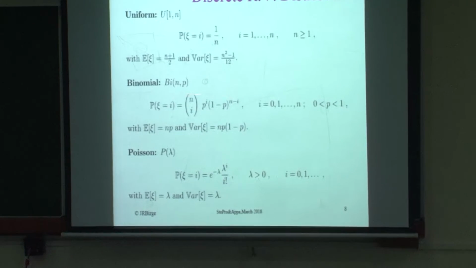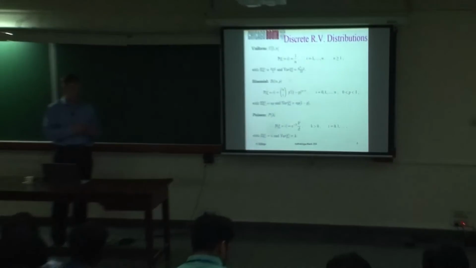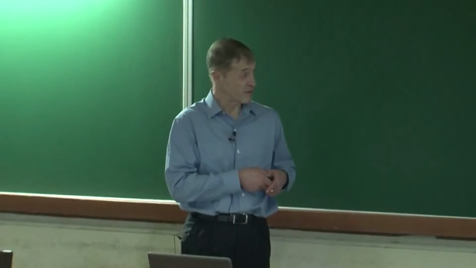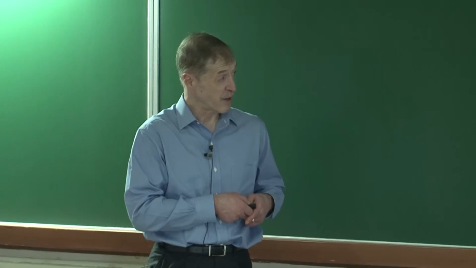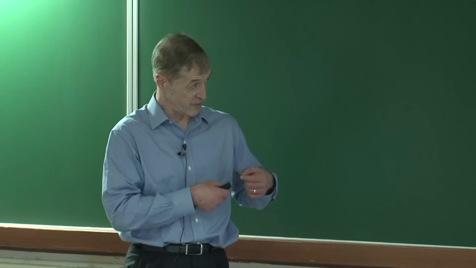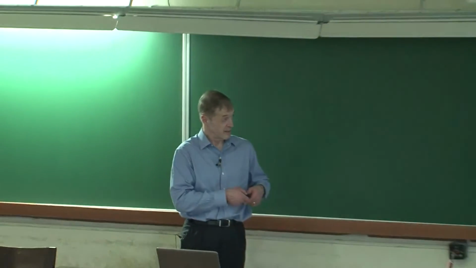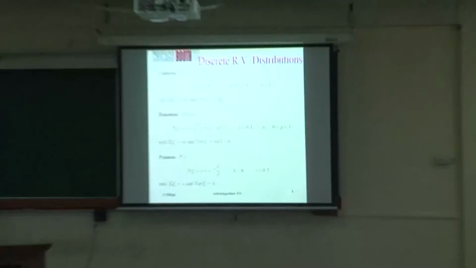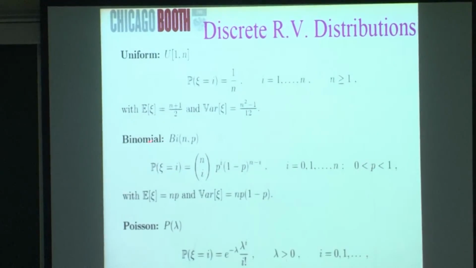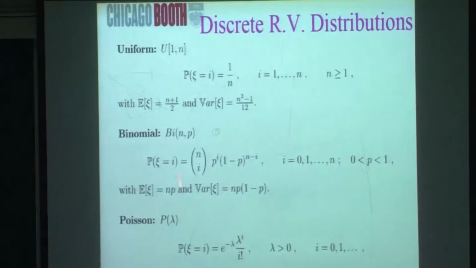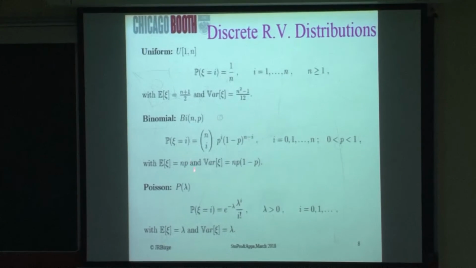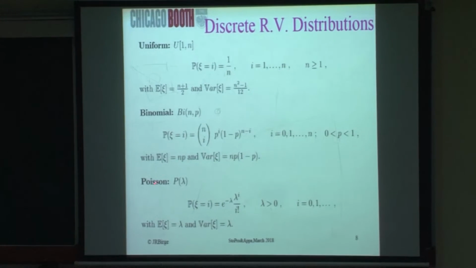So if I had t trials, and the probability of a success is lambda over t in each of those time intervals, if I keep on doing these binomial trials, then I actually get